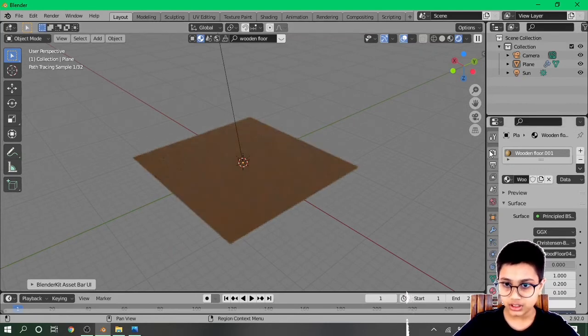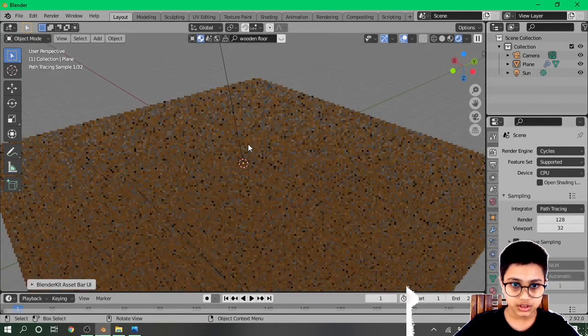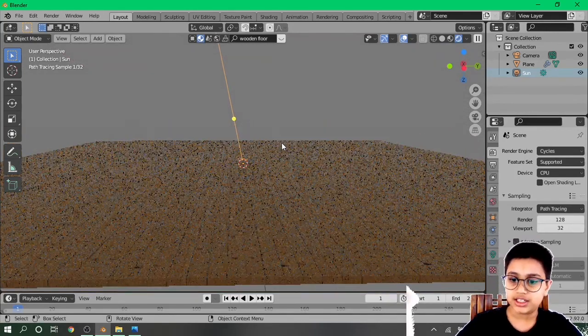So if you have denoising on, just turn it off or your laptop will get very slow.